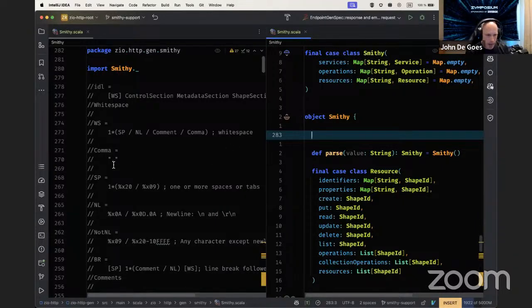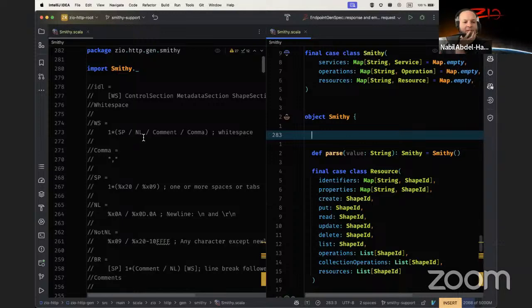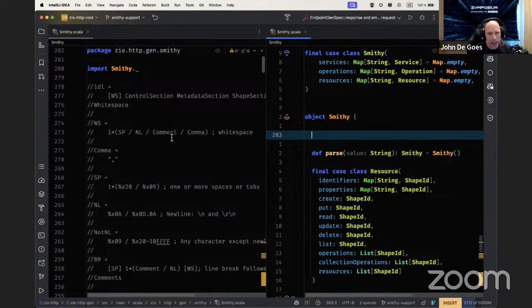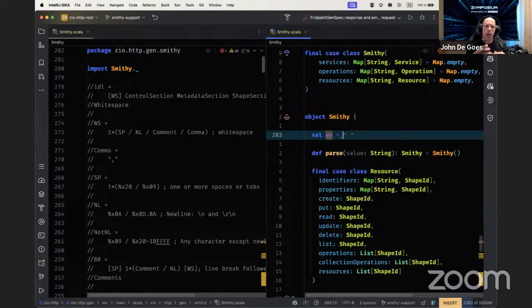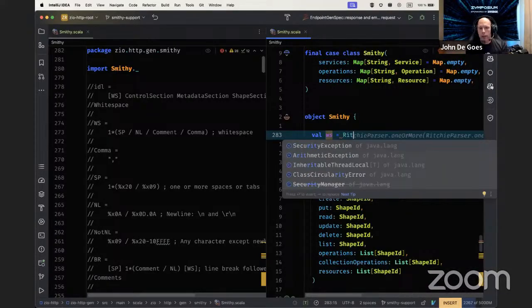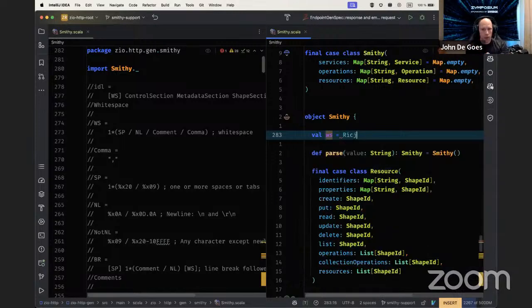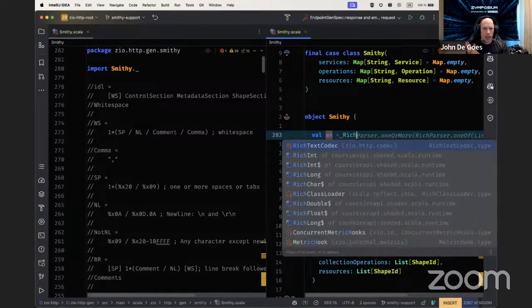Okay, so we have white space, and white space is defined as one space character or new line or comment or comma. So we're going to have to define white space as one thing or another thing or another thing. So let's go ahead and